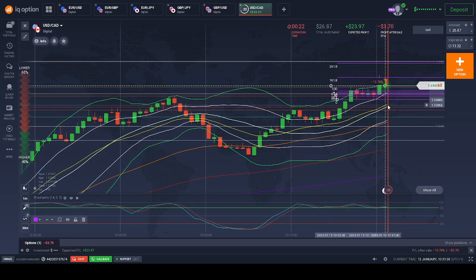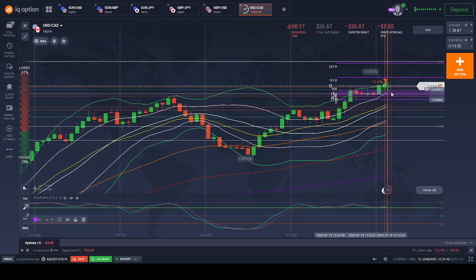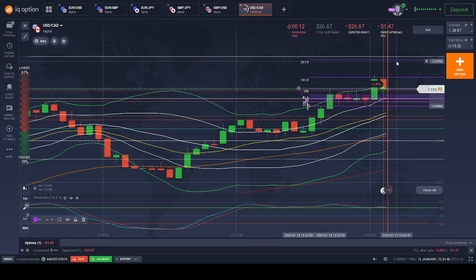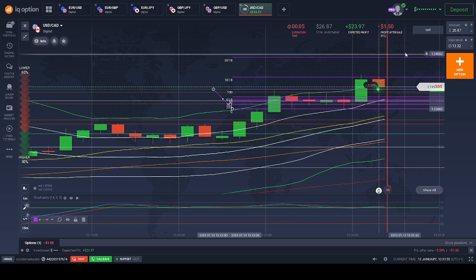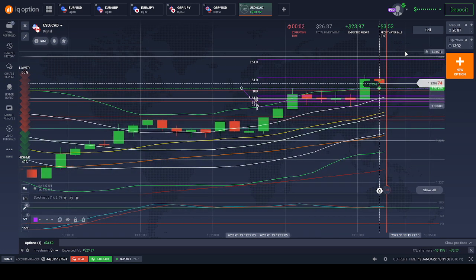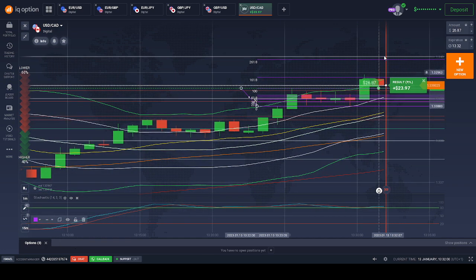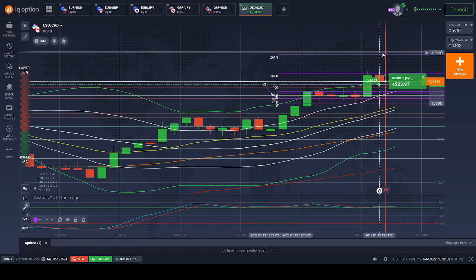Even if this is getting a bit lower, it is still above the 20, middle Bollinger Band. Maybe I could have waited for a retracement to this level, but this will go further up. This level where I put in is quite strong. It will go further up or at least retrace only up to this level. Yes, but I will stop here. It's almost 20 minutes. Thank you.